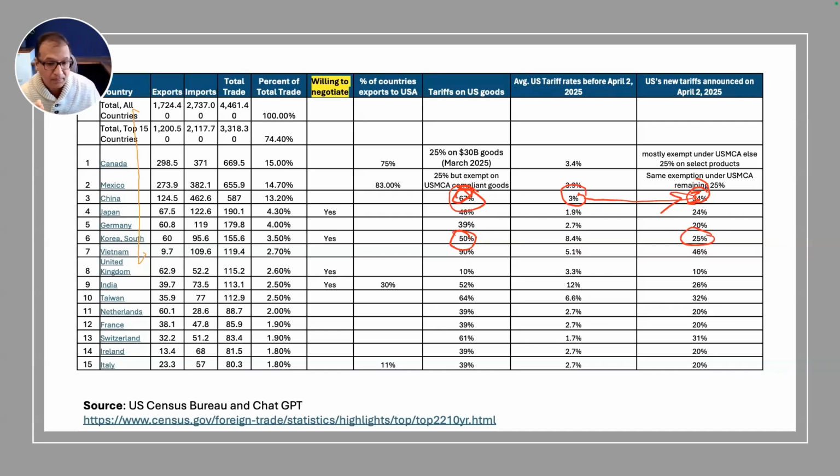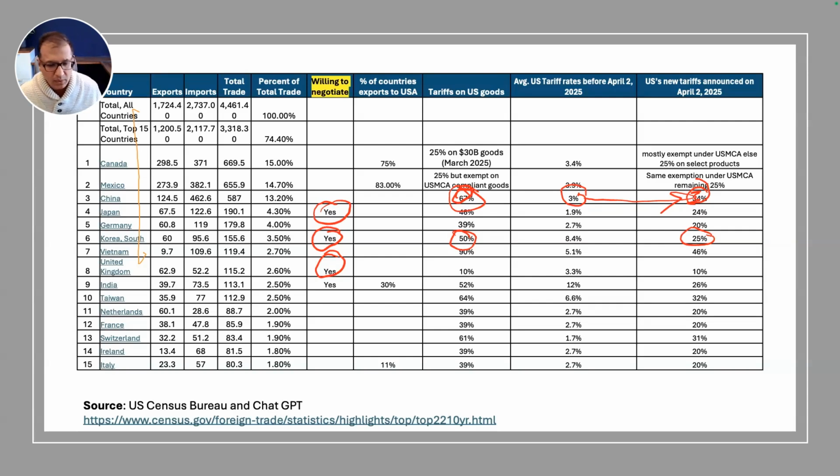Now, another opportunity here is that if these countries don't play ball, he may say, all right, well, I'm going to keep increasing your tariff, right? But how many of these countries are going to play ball? We already know that Japan has essentially or conceptually said that, yeah, we're willing to negotiate. South Korea has said we're willing to negotiate. United Kingdom, yes. India, yes. So these countries are saying we'll negotiate with you. So they'll come up with something better and open up their economies for reduced tariffs, so that United States products become more attractive to those countries.